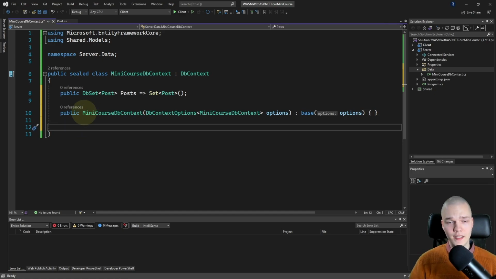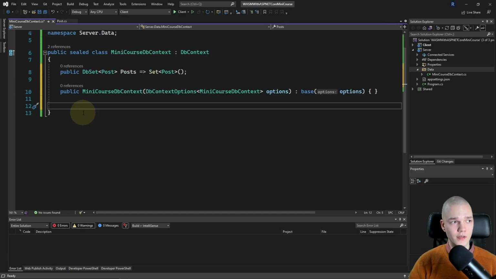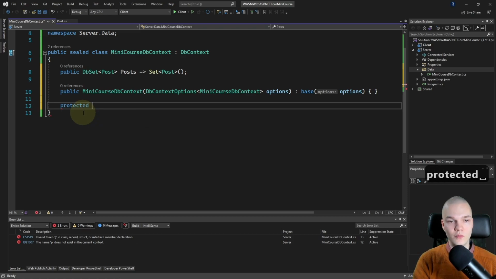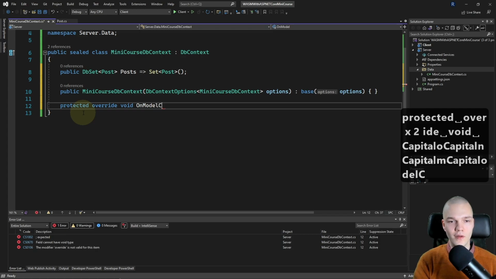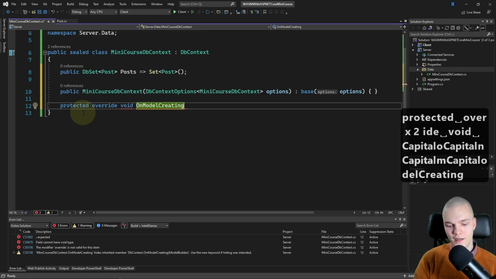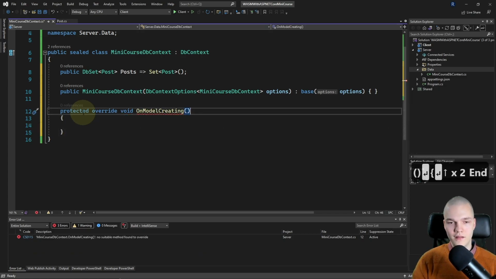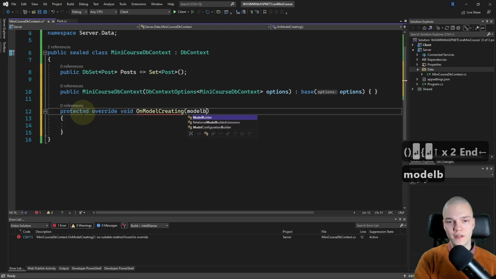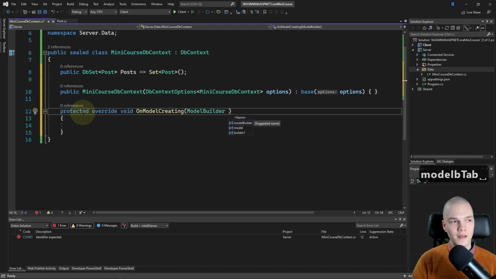Right, so lastly, in this DB context, I want to add some example data, seed some data. So we're gonna override a method. So I'm gonna do protected override void, and we're gonna override onModel creating, and that has a parameter of type model builder, and I'll name it builder.